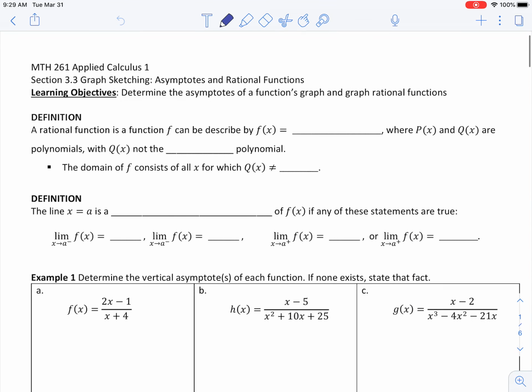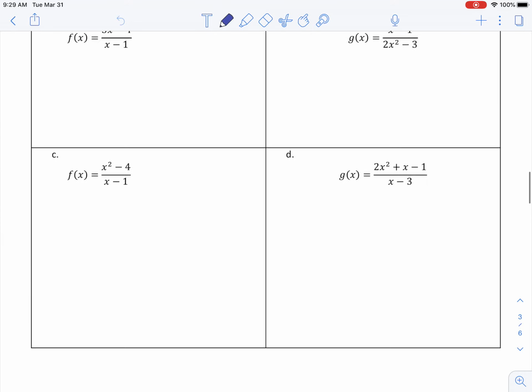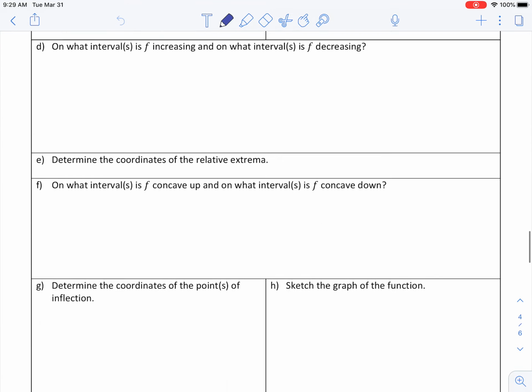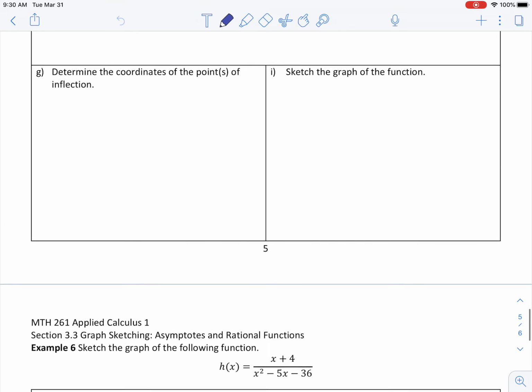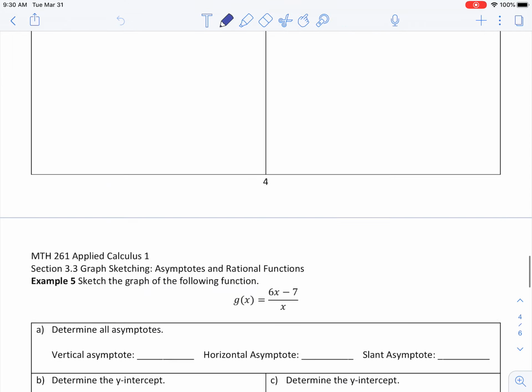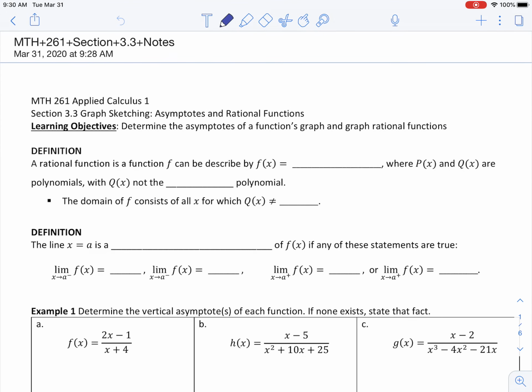So I'm planning on dividing this lesson into two separate videos, where in the first one I'm just going to go over how to find different types of asymptotes. I'm going to go over pages 1, 2, and 3 with you right now. Then I'll come back and go over examples 4, 5, and 6 on pages 4, 5, and 6. The problem that I will ask you to submit will look a lot like 4, 5, and 6. But then your homework on MyMathLab will have a lot of these,